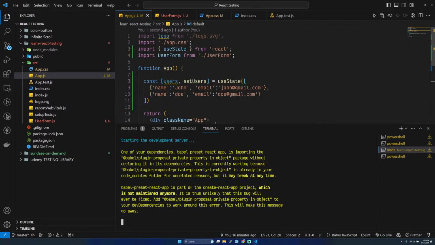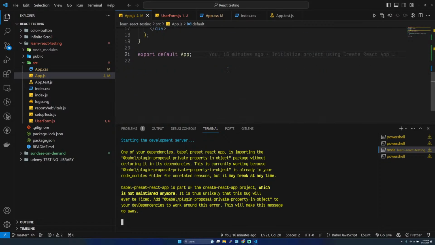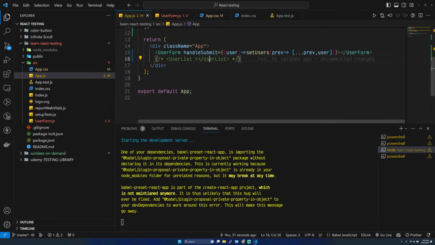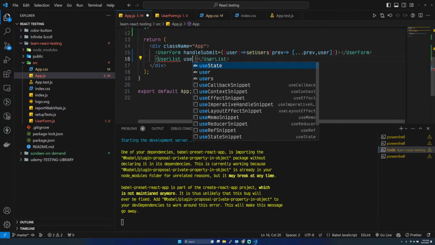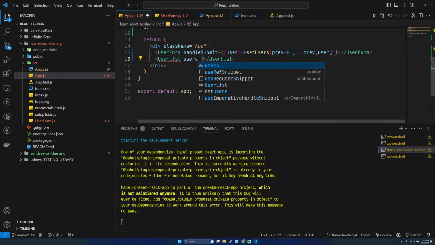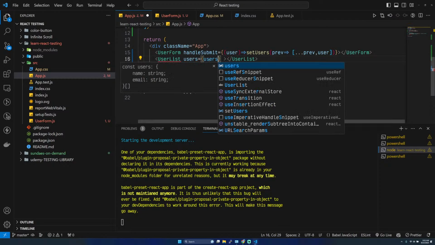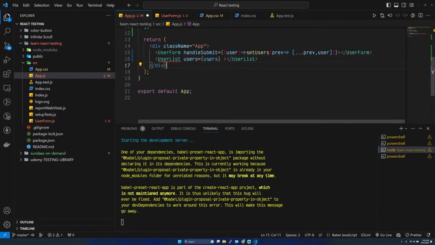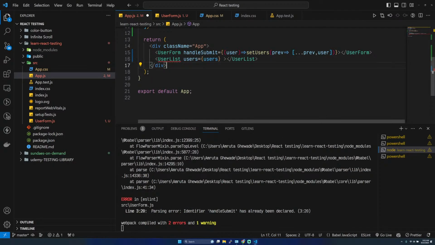But okay, let's also do this. Let's create users list, so that we'll know when it is getting, so users, let's call it users, and we are sending users, right? Okay, so users list,